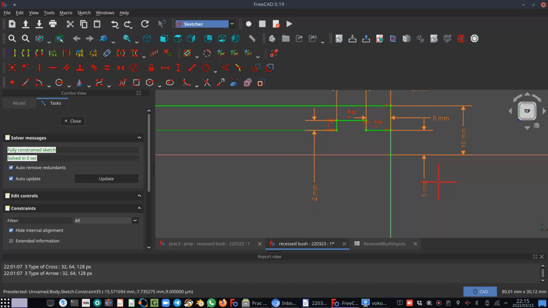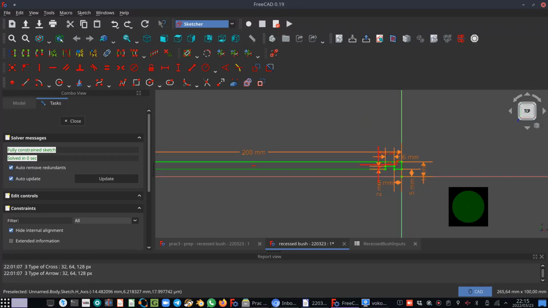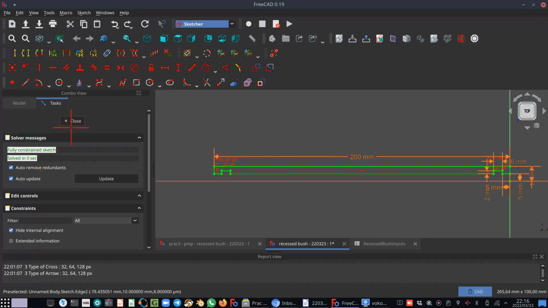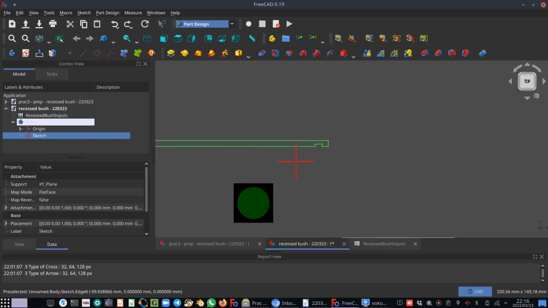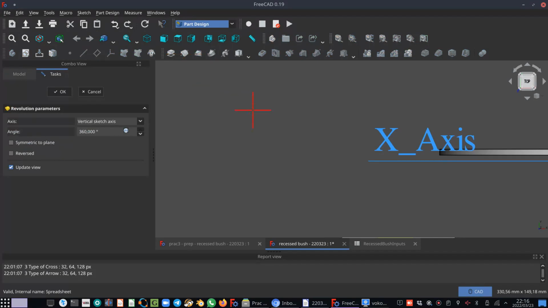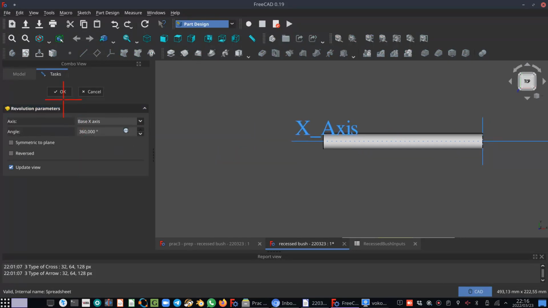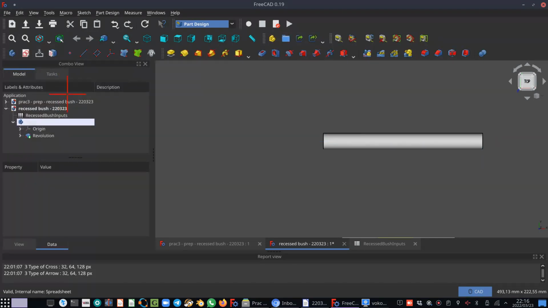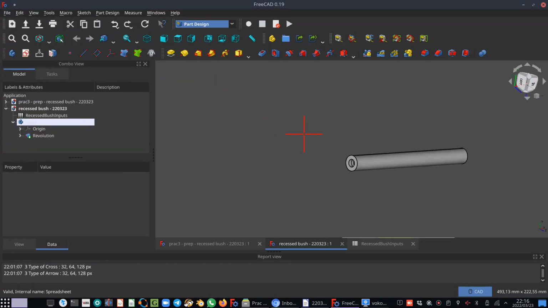Okay, so that's 2, this is 5, right. I think that's okay, that looks good. Sketch is fully constrained, so we can close that. With the sketch selected, we click on revolve a sketch, and we don't want the vertical sketch axis, so in the drop down we select the base X axis, and that's what we want. Okay, now with that done, we can save our file,